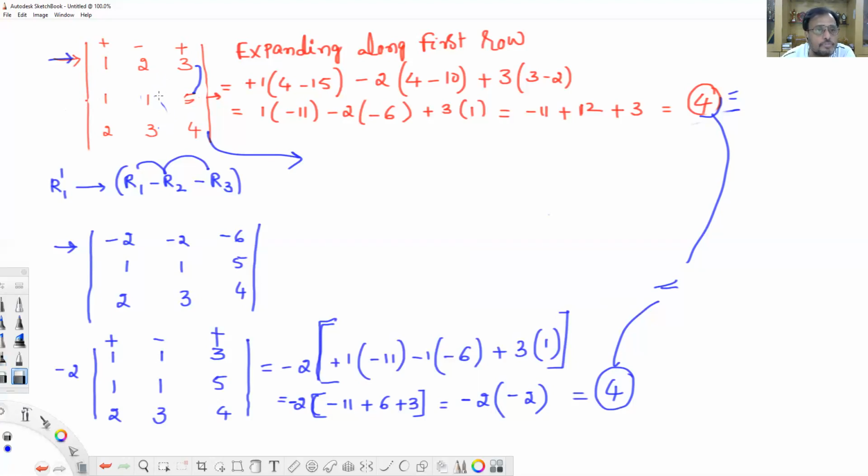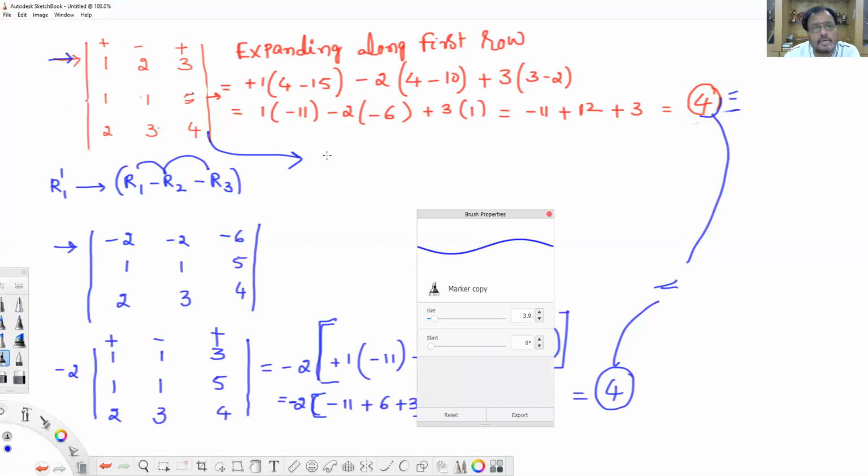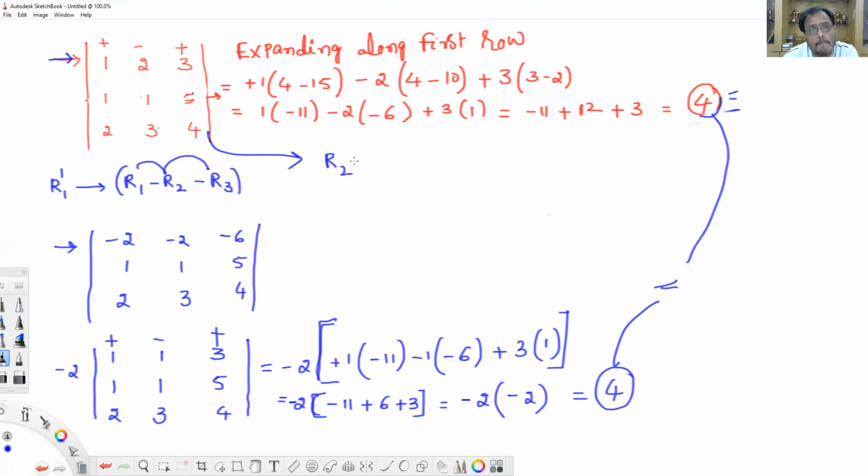Now one more I'll show you. One more, what I'll do. Yes, you can do whatever operation you want. In the first determinant, I've decided I'm going to subtract R2 minus R1. After subtracting, I'm going to write the result in R2 only, and R3 minus R2. I'll take R3 minus R2. See, I'm subtracting rows, and after that I'm going to write the result in R3.